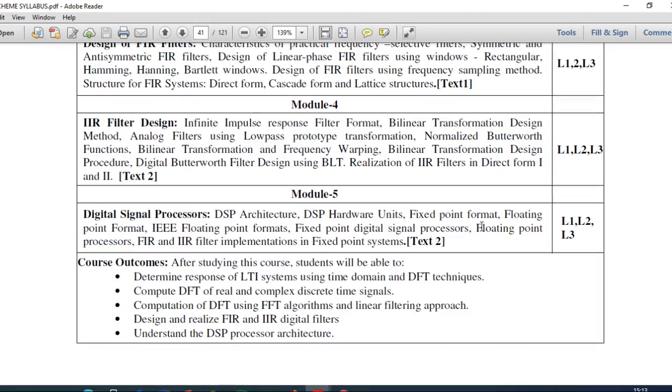So now we'll move on to the next topic, that is floating point processors. Floating point processors are similar to the fixed point processors. The only change is that in floating point processors it is possible to execute and fetch the data simultaneously. It can fetch, execute, decode, and it is also capable of performing multiplication and addition at the same